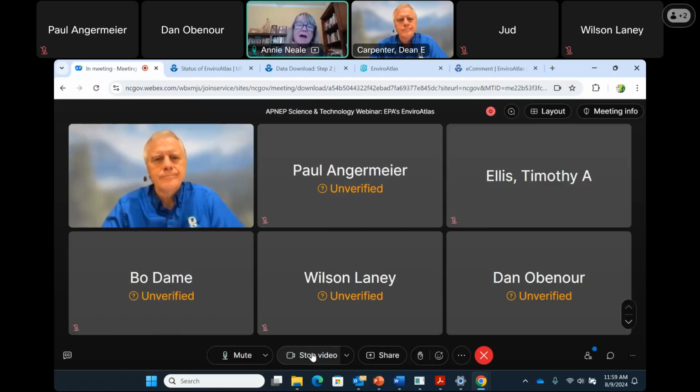We partnered with them. I will say that part of the reason I didn't highlight those particular data layers is that those are some of the older ones in the data set. There's also several related to aquatic species, by the way, but they're dated. That's one of the areas we're working with USGS, and we hope to get those updated. They're also summarized by 12-digit HUC. So they're not